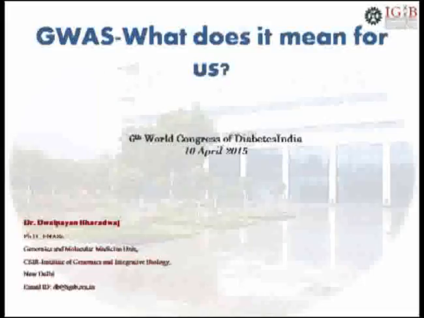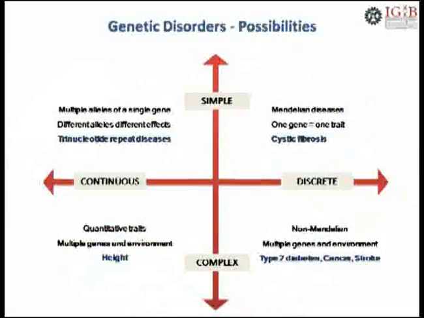Here I will skip some of my slides, because as a physician I am sure you understand about those genetic diseases, since the first genetic disease starts with a royal disease, which is a Mendelian monogenetic disease, that is factor VIII deficiency or hemophilia. So we are talking here about those multigenetic disorders, probably environmental related multigenetic disorder, not the monogenetic disorders. So this slide is depicting what is the continuous trait and discrete and simple versus complex.